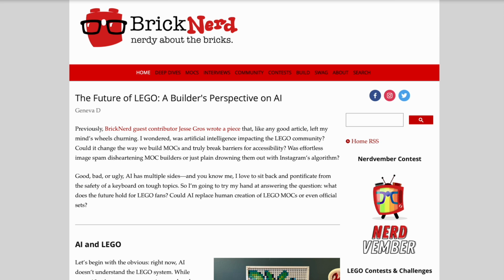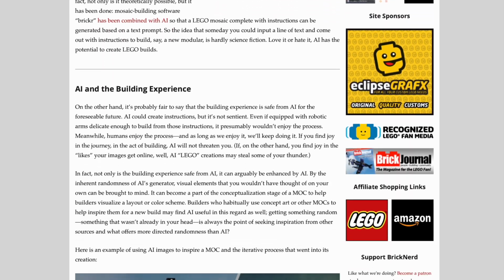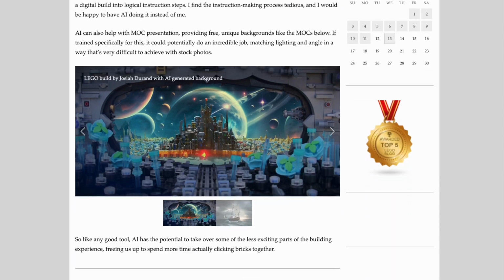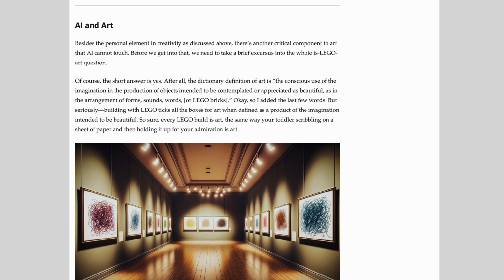Again, we go now to Bricknerd. Many articles over here. They had a couple of articles talking about AI. I'm going to point out this one by Geneva Durand in particular. It's a very controversial topic. So what she's talking about here is how AI can be used. And she gave an example of how she used generated images to get the inspiration for a Lego creation. So again, this is a very hot topic that I'm generally against, against any kind of use